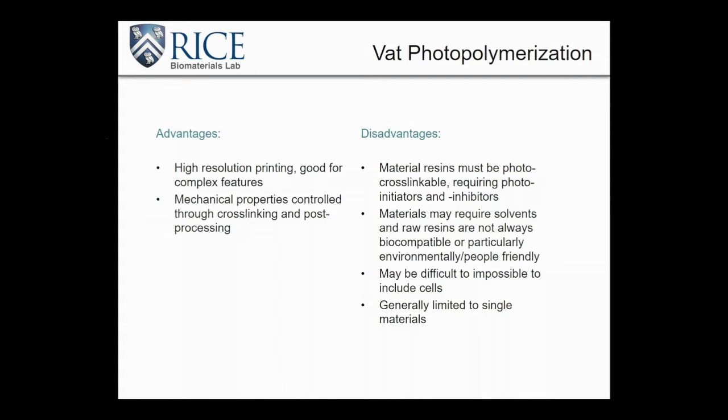So if you want to have these really nice, for instance, micro channels that have the exact right stiffness that you're looking for, you can definitely use Vat Photopolymerization to create a scaffold like that,